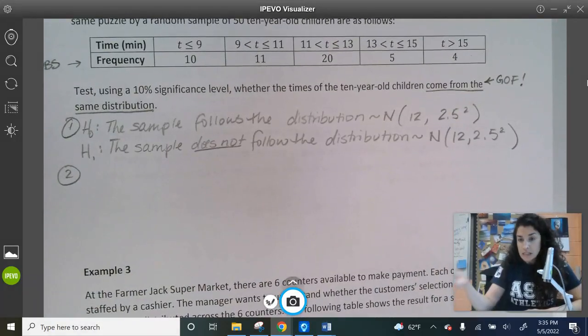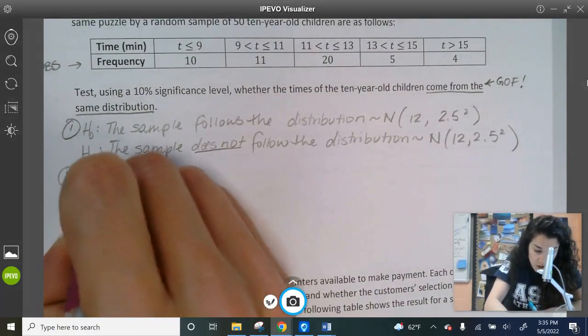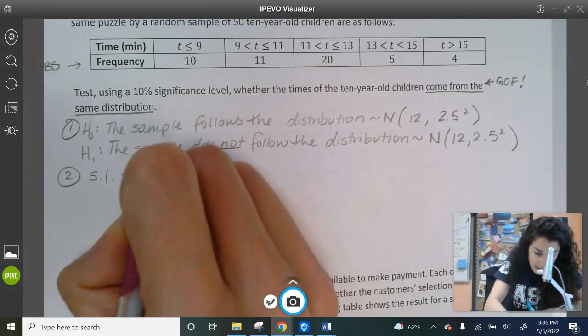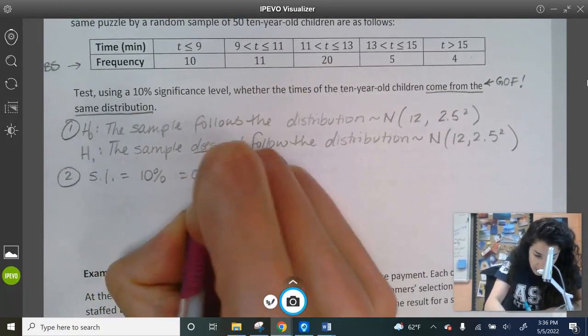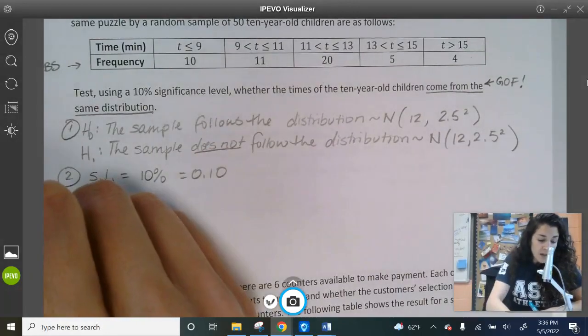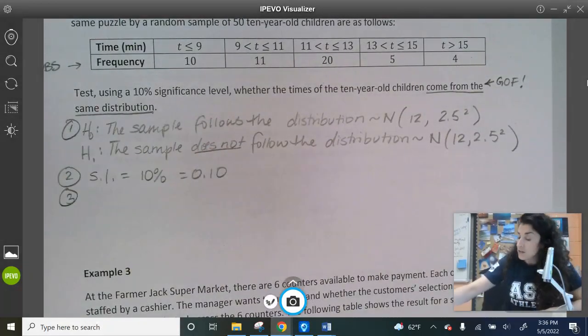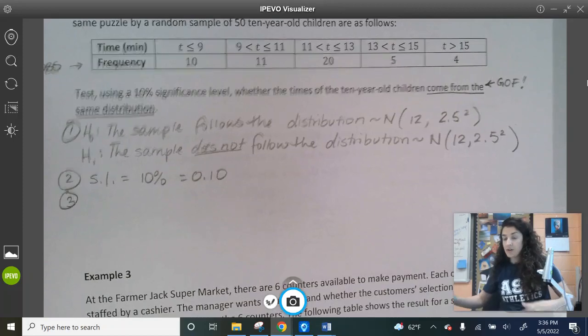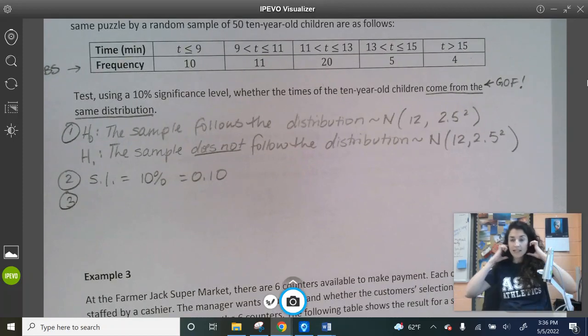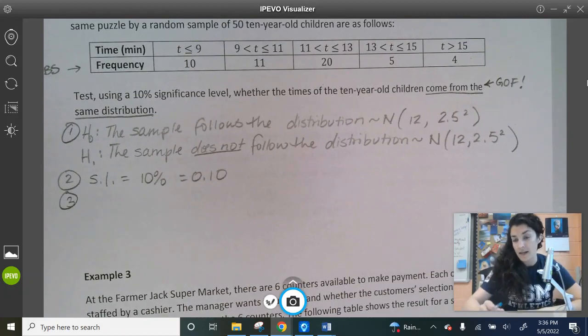Part 2 of the procedure is that we need to choose our significance level, which is always given to us. It's 10%, which is 0.10. Step 3 is then to use data from our sample to calculate the test statistic. And in that step, we need to make sure that we also calculate expected if we haven't already been given